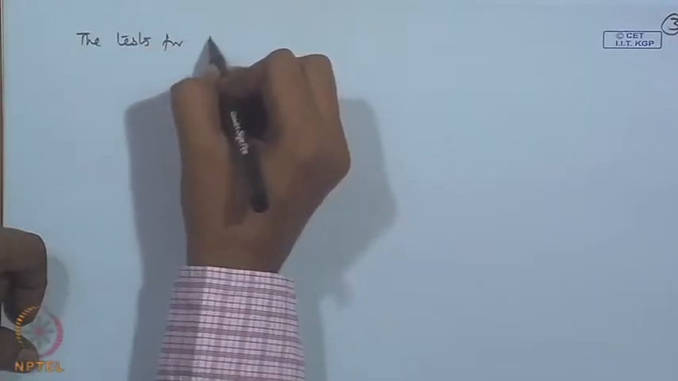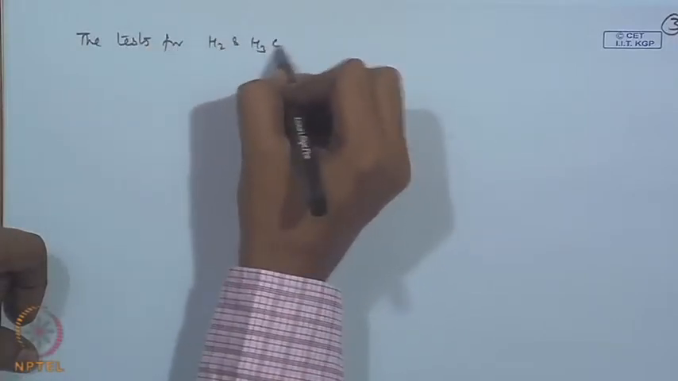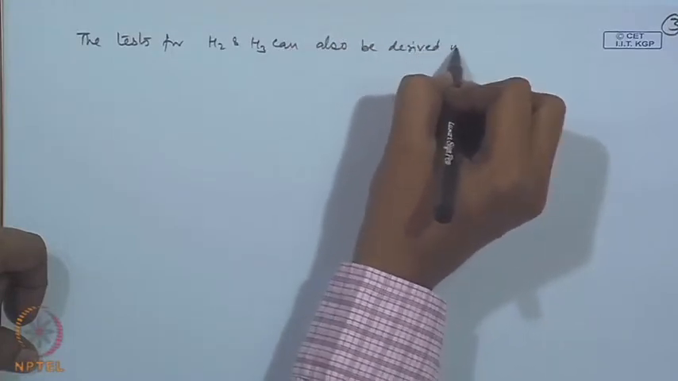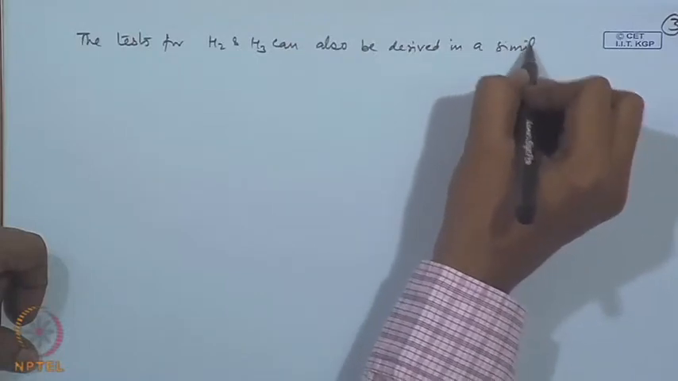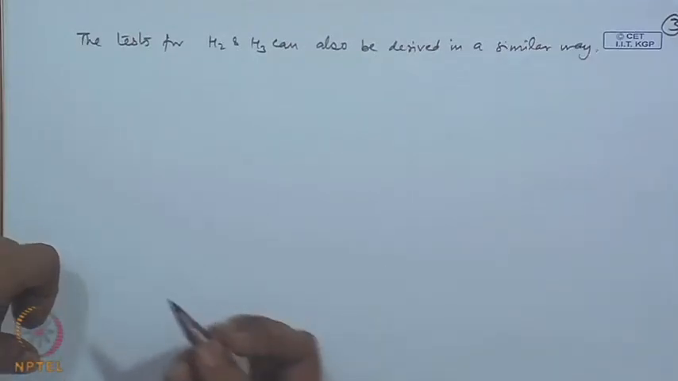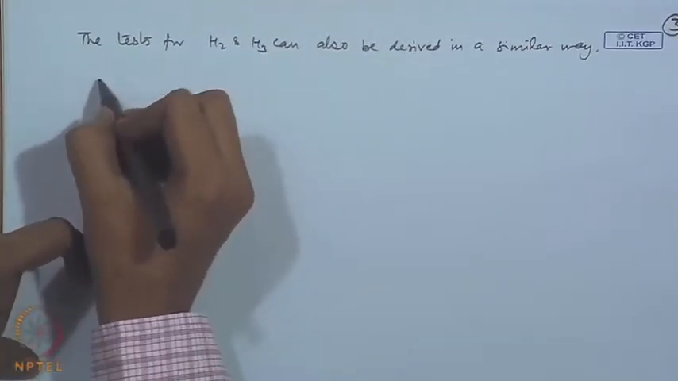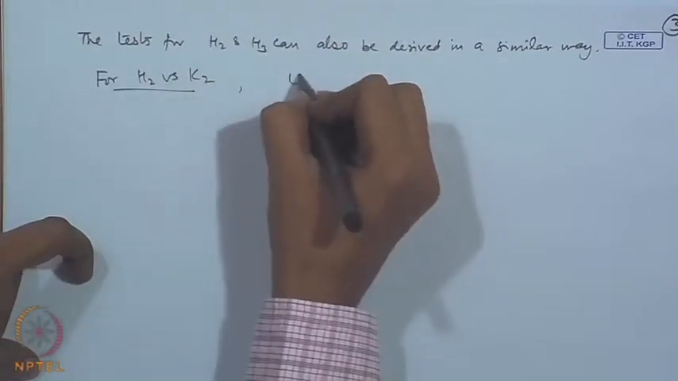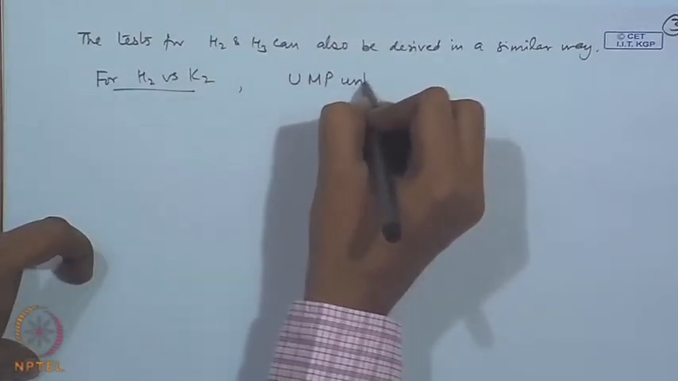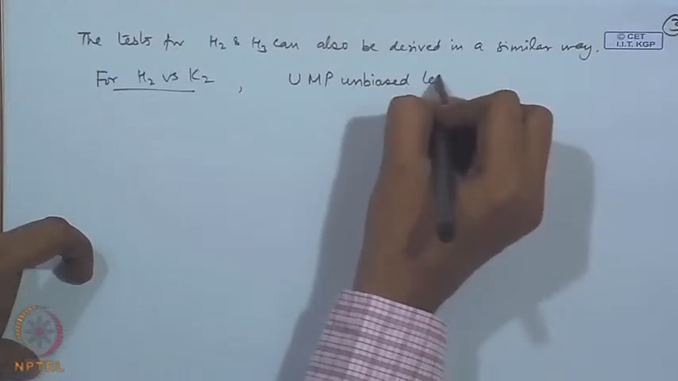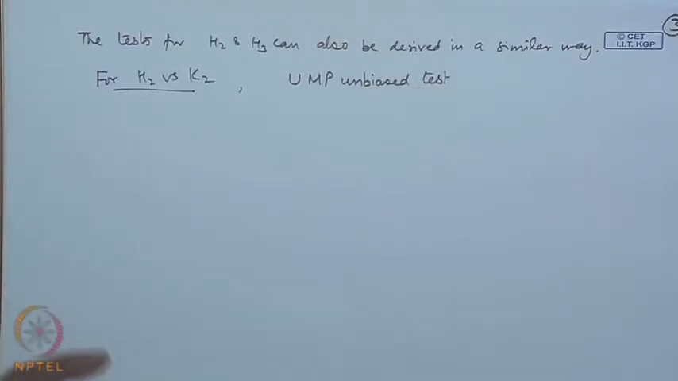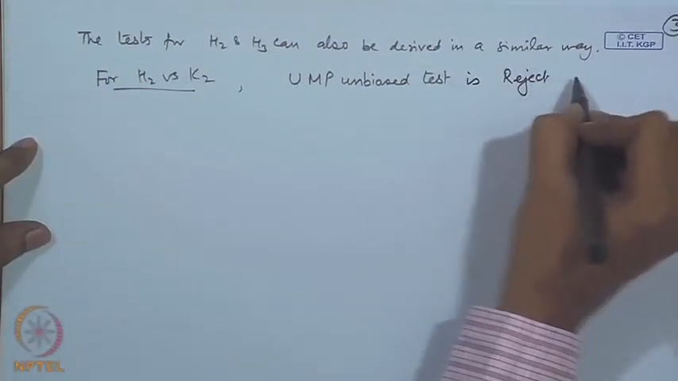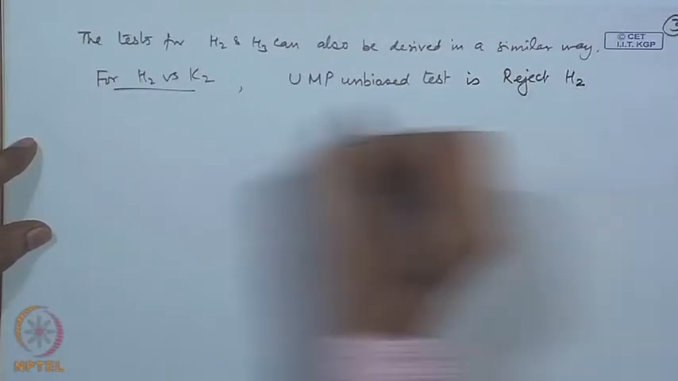The tests for H 2 and H 3 can also be derived in a similar way. Let me write for one of them. For H 2 versus K 2 problem, the UMP unbiased test is reject H 2 if